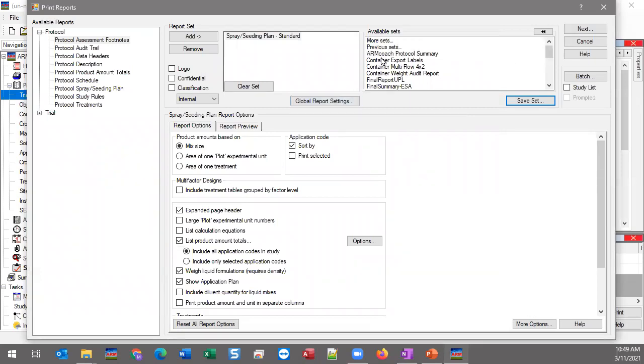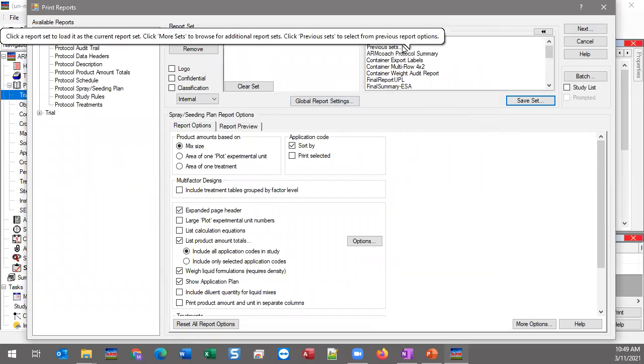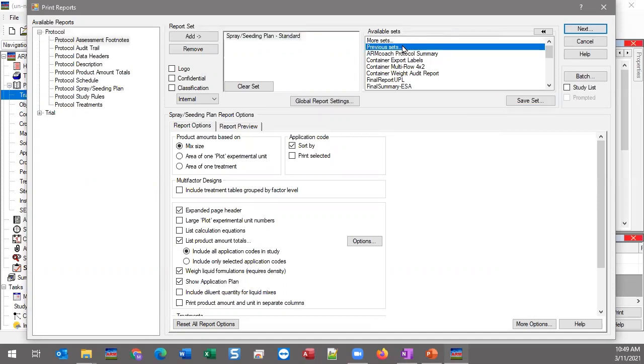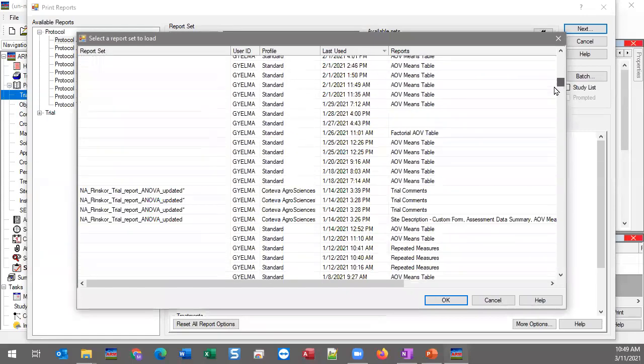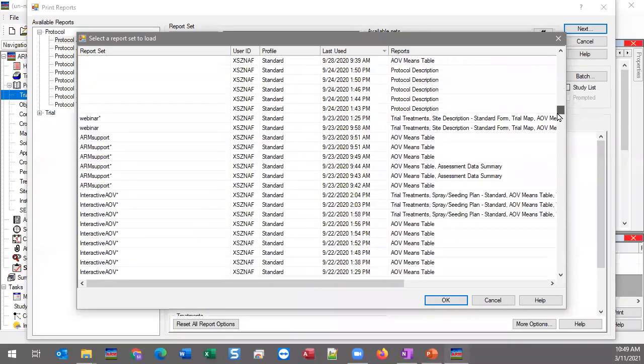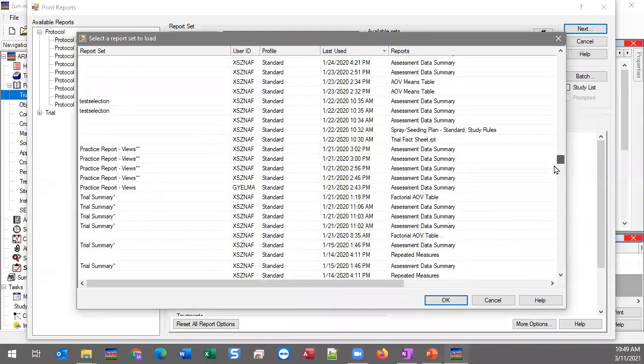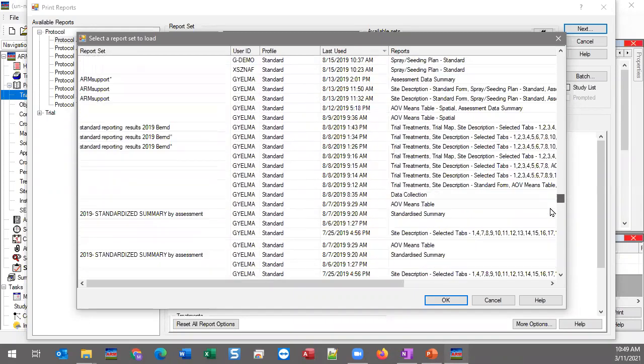So that's the previous sets there to find the report configuration, if you will, used in the past. And this has actually been around for a while, so you really could dig back quite a ways. You can see it takes a long time to load mine because I'm generating just gobs of reports when I'm answering questions, but those are 2020, and then 2019,